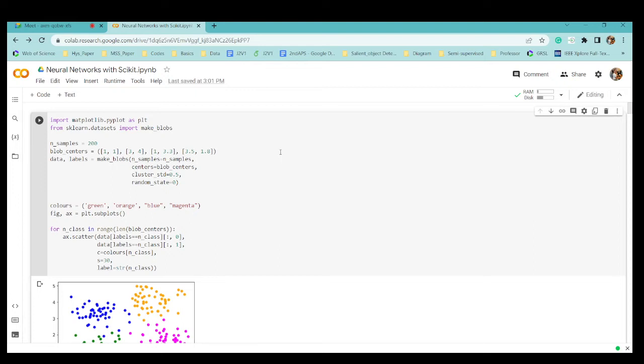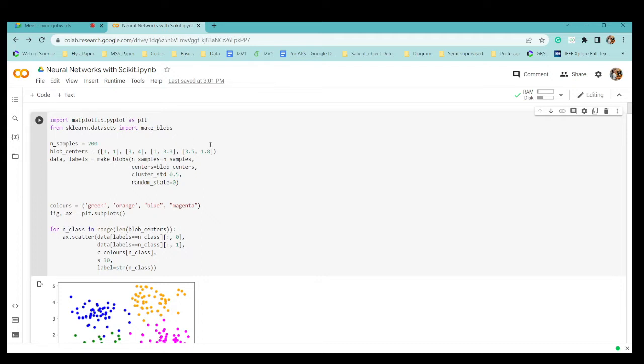I have taken some random data. sklearn has some standard or sample data sets available just to see how things work and how your algorithm will work. There is something called make blobs.